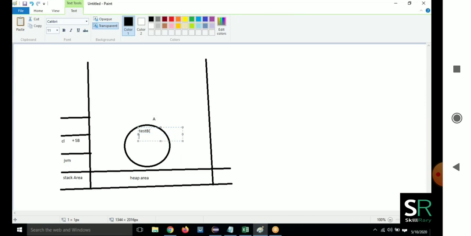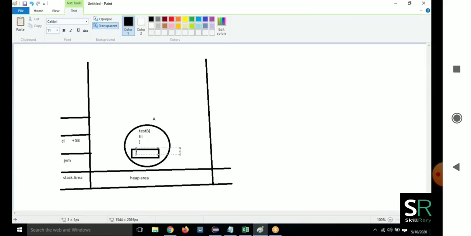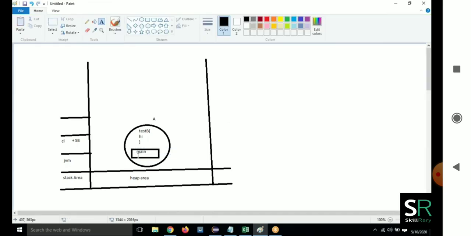Inside the class, it is going to load along with one main method inside the class. Main method. Who is going to do this? Class loader. Where will it be loaded? Inside the static pool.